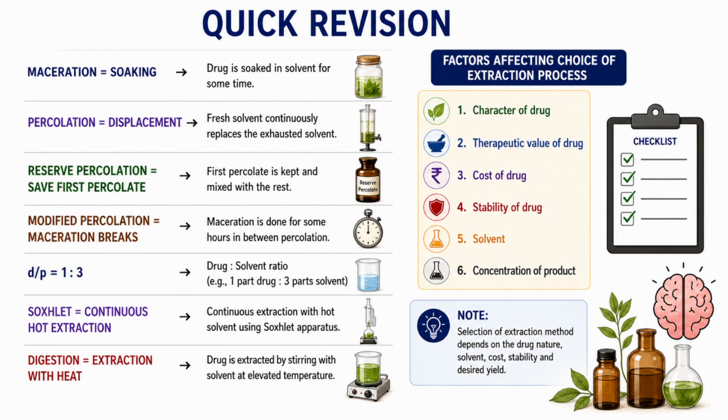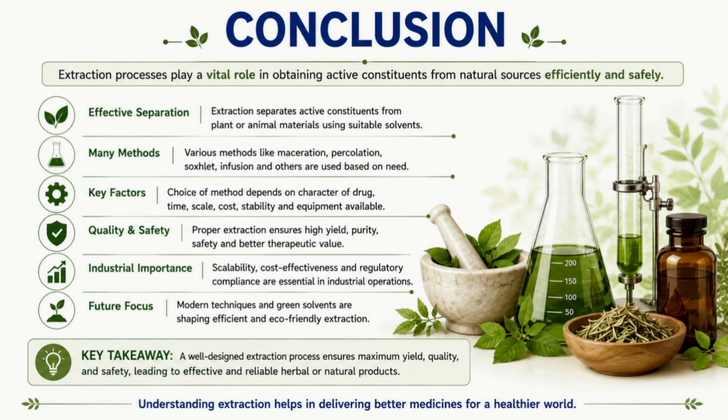So what have we learned today? Extraction is the separation of the medicinally active constituents using a suitable solvent. Maceration works mainly through soaking, diffusion and dissolution. Percolation involves the controlled passage of the menstruum through a packed drug column, and Soxhlet extraction uses repeated cycles of boiling, concentration, extraction and siphoning. And most importantly, there is no single best extraction method for every drug. The best method depends on the character of the drug, therapeutic value, cost, stability, solvent, available time, scale of